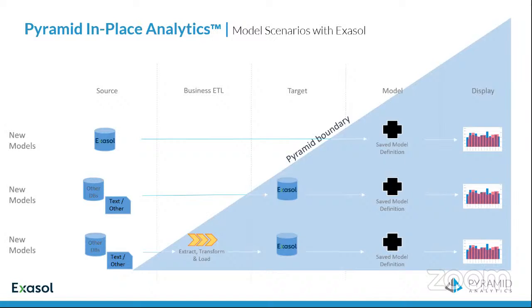So we see in this case that we are effectively using Exasol as a centralized analytic data lake repository. Unlike desktop analytic tools, where all of that happens on the desktop and I end up with multiple silos and different versions of the data, and I lack governance, control, security, and management, by writing the models back to my central repository, I gain the power, speed, and capability of Exasol as an in-memory analytic engine.